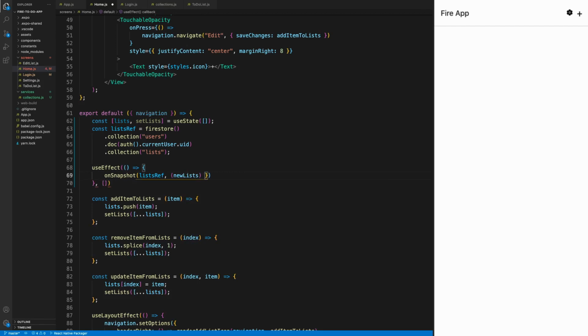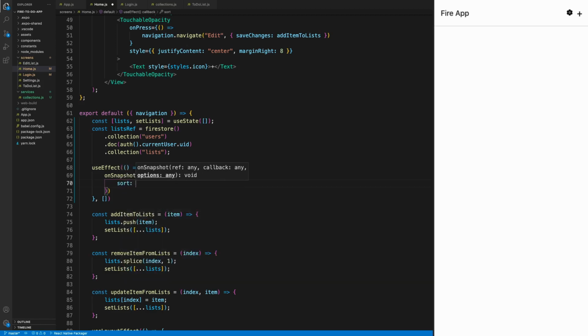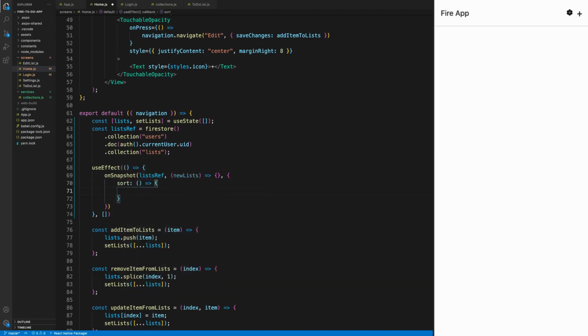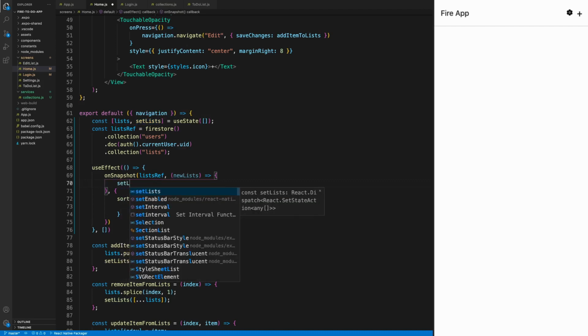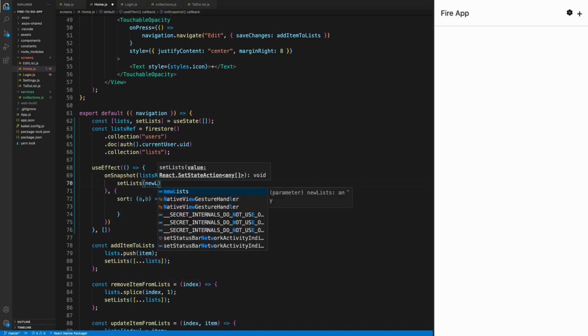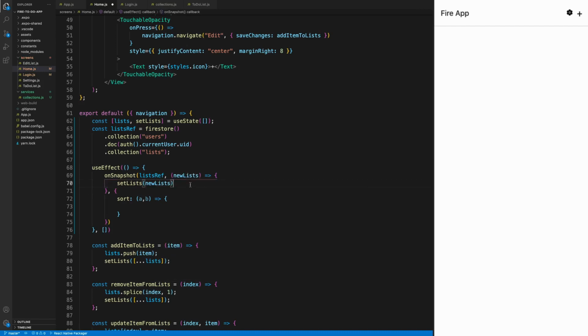Whoa, what happened here? That was being weird. And then also we're going to pass in a sort function for the options. All right. So we're getting a new list every time the list in Firestore updates. So what are we going to want to do with the new list? Well, we're going to want to set the list to whatever these new lists is. So it's going to be as easy as that. So we're just going to do setList, newList. So that list is going to get all the fields in the list document along with the ID of the